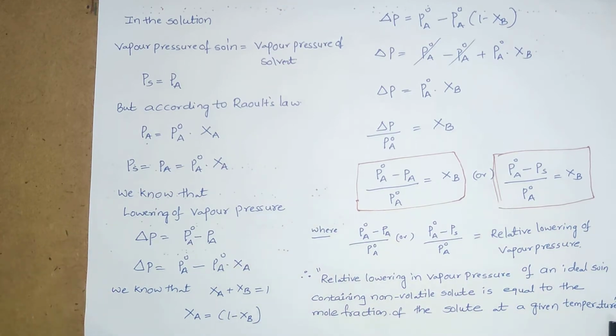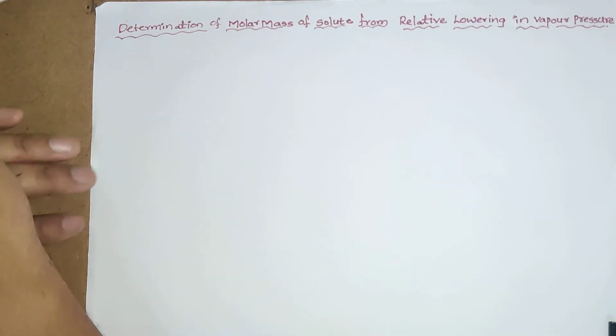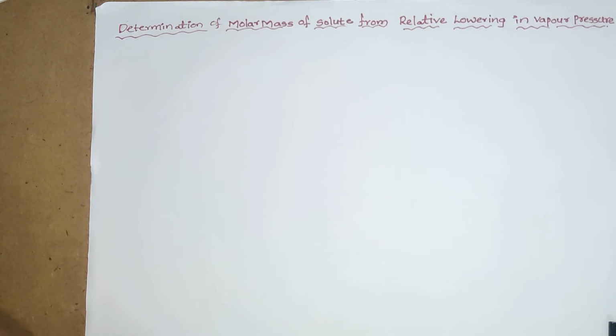We have already derived this while discussing the vapor pressure of solids in liquids. Once again I will go through another procedure to define the relative lowering in vapor pressure. One of the important applications of colligative properties is determination of molar mass of a solute. All four colligative properties help us to determine the molar mass of an unknown non-volatile solute dissolved in a volatile solvent. So here also the relative lowering in vapor pressure helps us determine the molar mass of a solute.